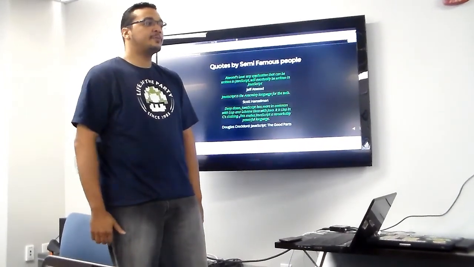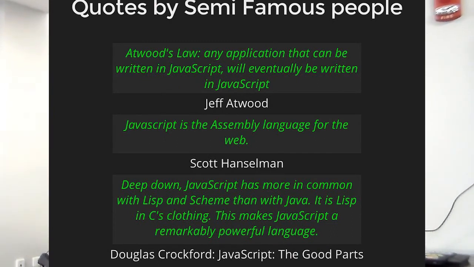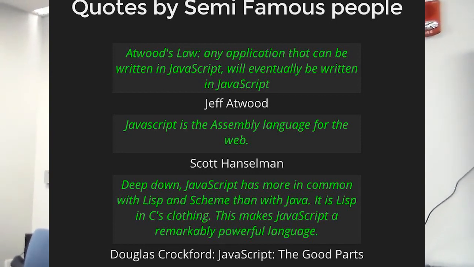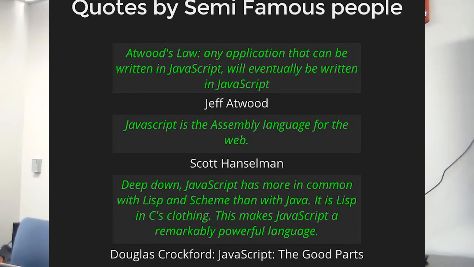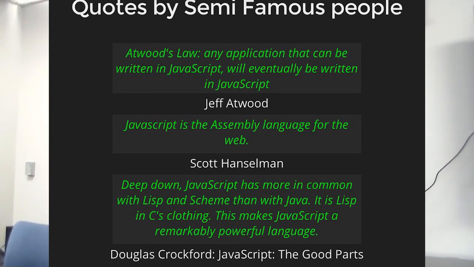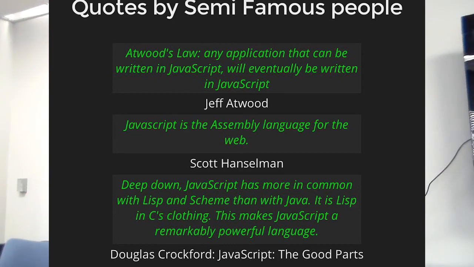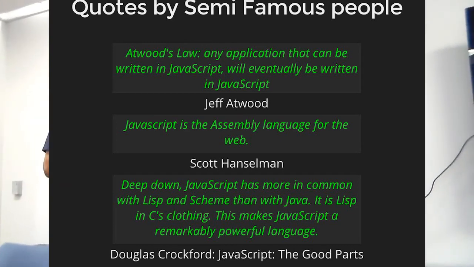All right, so some quotes by some micro celebrities, semi-famous people. If you've ever heard of Coding Horror, if you're a programmer, Jeff Atwood, he's a little famous, did put together Stack Overflow, he was the back-end tech guy. Scott Hanselman, if you're specific to Microsoft, and Microsoft is kind of a bad word around here. He's an evangelist technically at Microsoft. He's a big ASP.NET supporter. And Douglas Crockford, which is essentially the guy that,